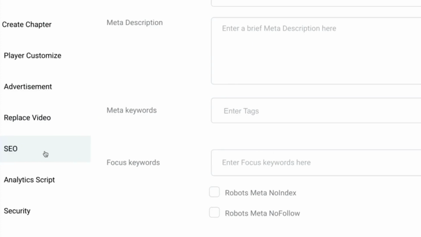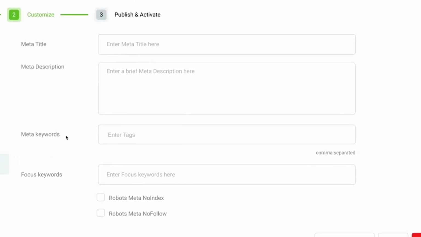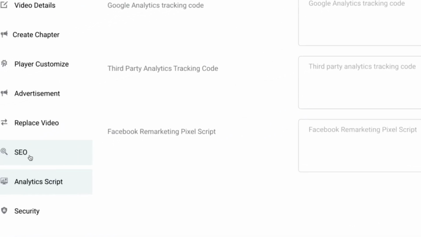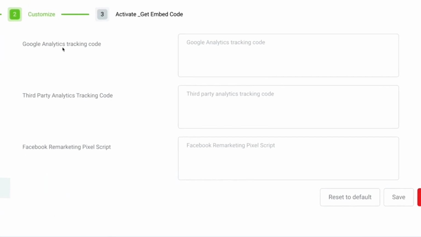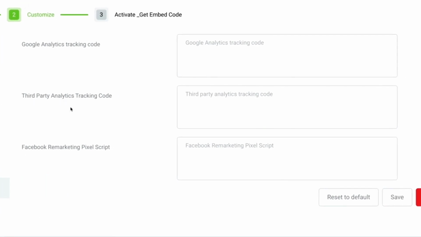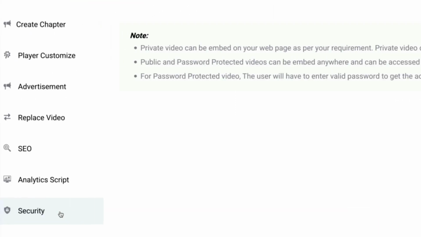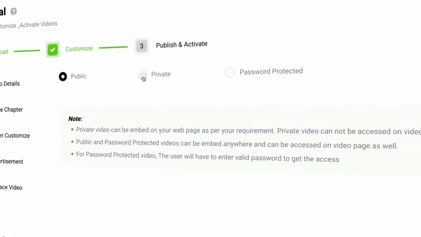Another option is here the SEO, where you can give a meta title, meta description, meta keywords or focused keywords. You can decide to index or no index the robot meta. And here you can also add your own analytics script like Google Analytics tracking code, third-party analytics tracking code, or Facebook remarketing pixel script. In the security tab, you will be able to set this video to public, to private,